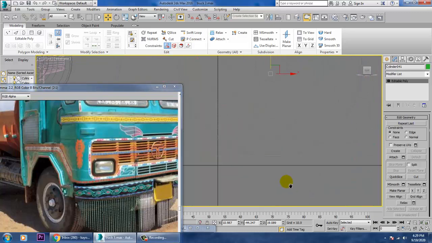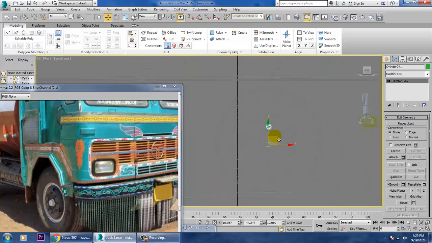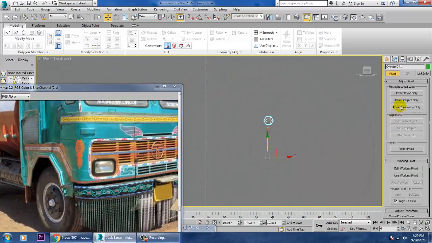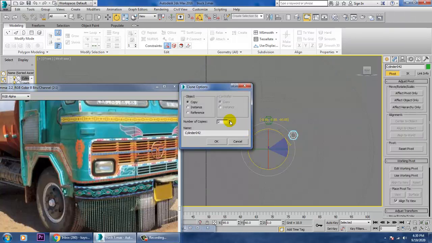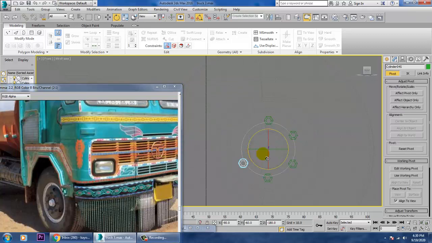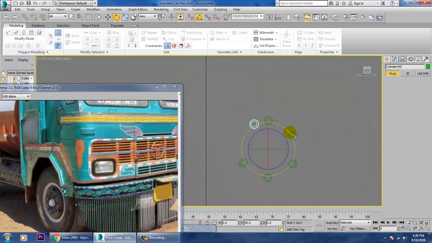Now again go into this hierarchy, affect pivot only, keep it over here, rotate it. So just rotate this, click OK.